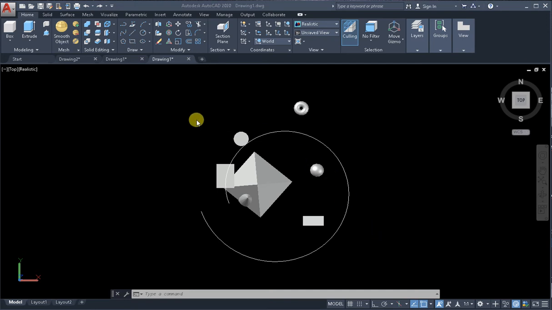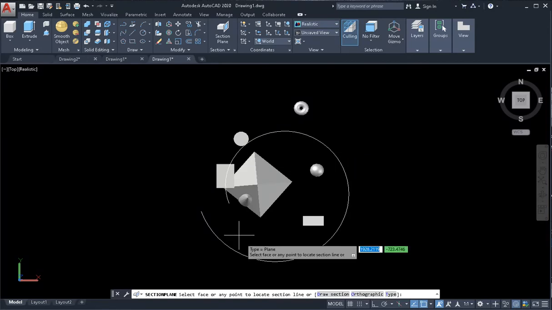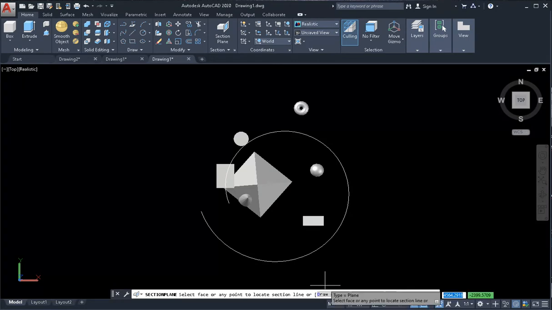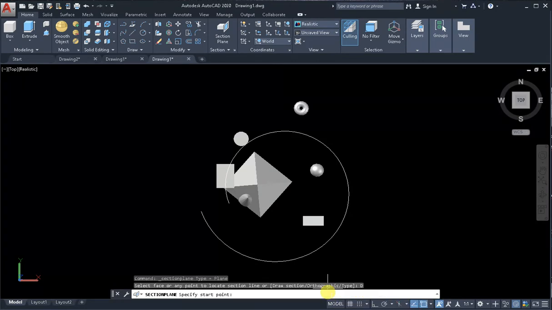On the Home tab, in the Section panel, activate the command Section Plane. On the command line, activate the option Draw Section. Draw section and specify the start point,